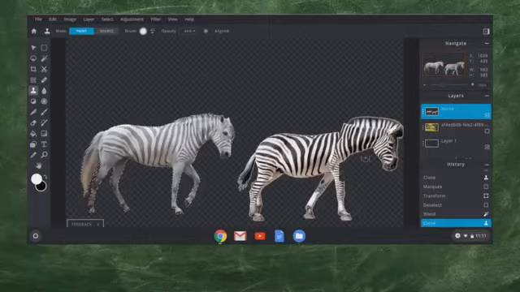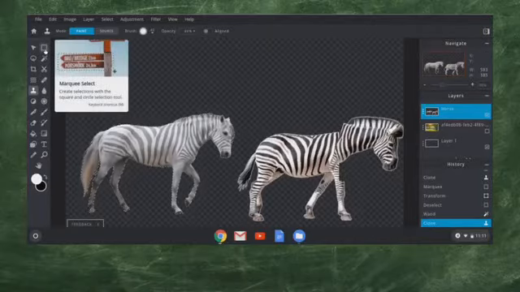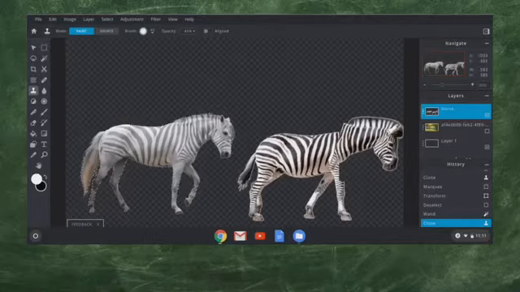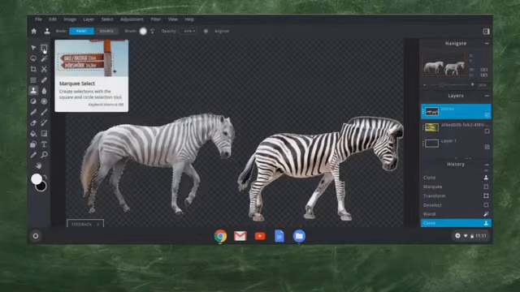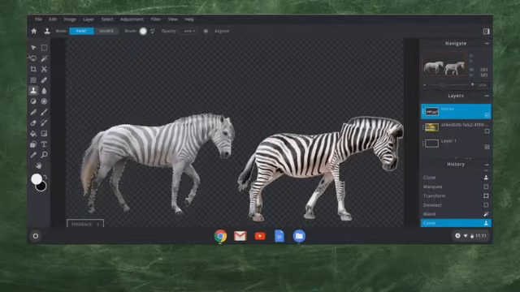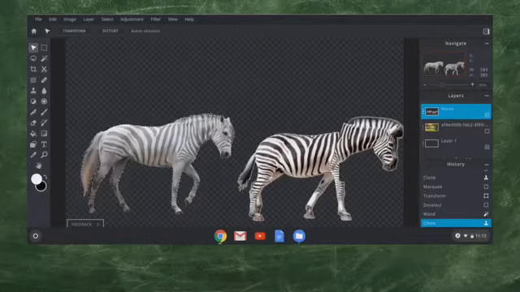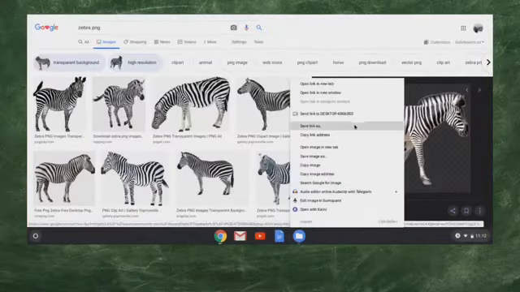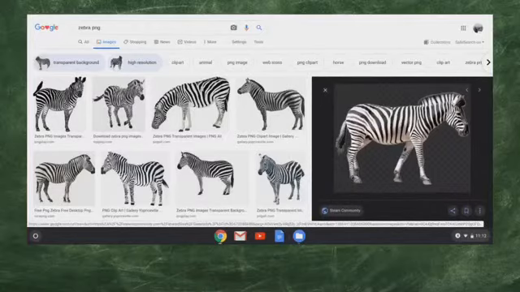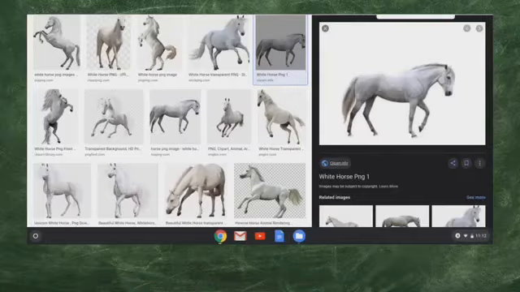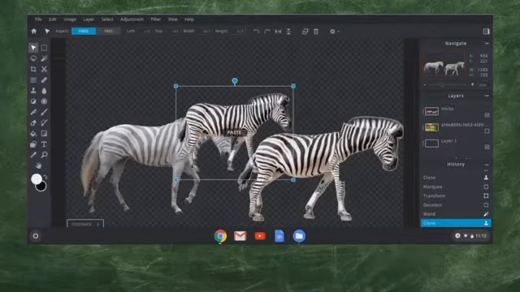Okay, next let's go ahead and do the legs. Now I made a little bit of something of a goof because you see what happened to the zebra? I accidentally chopped part of the leg off, and that's going to be hard to undo. So something I can do if I make a major mistake like that is I can go back into my original image, and this is the advantage if you download an image. You always have that image, but in this case I left my search tab open, so I'm just going to copy this image over again and come back over to my Pixlr, and I'm going to paste in a new zebra,